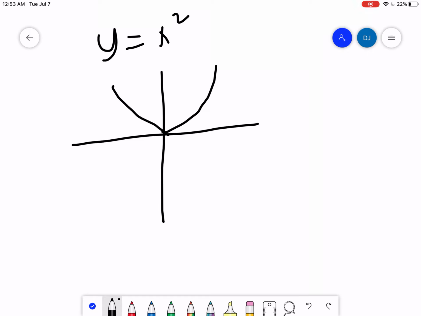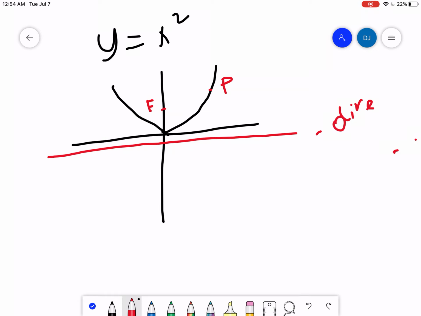And so if we were to classify any point along the y-axis as the focus and pick any arbitrary point on this locus, call it point P, and pick any arbitrary line beneath the vertex and call it the directrix, so the directrix,